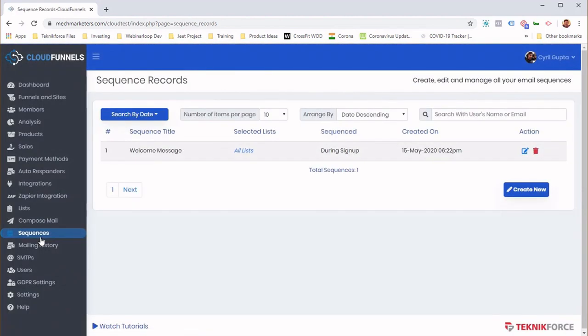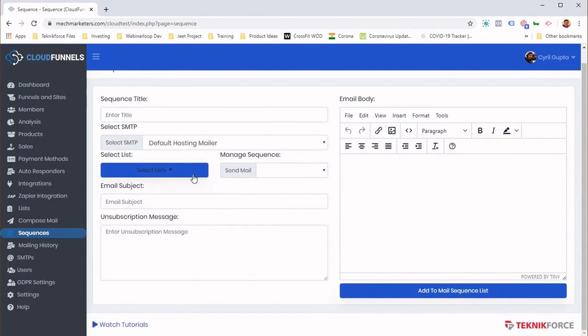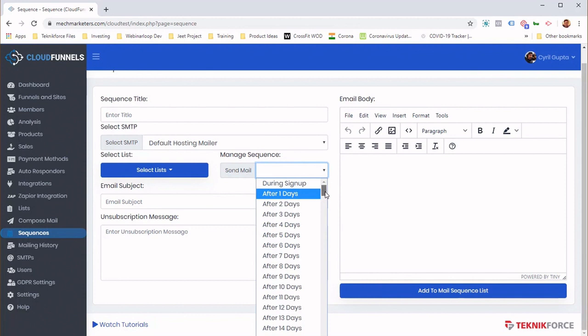Then you also have mail sequences, and that is really golden. Imagine anybody who signs up to your list, anybody who opts in, anybody who buys a product, you can trigger off a mail sequence where you can send them mail outs at a regular interval. So you can put in your title, add in a mail, and then you can decide when you want to send them the mail.